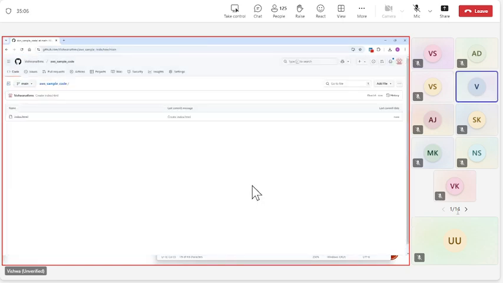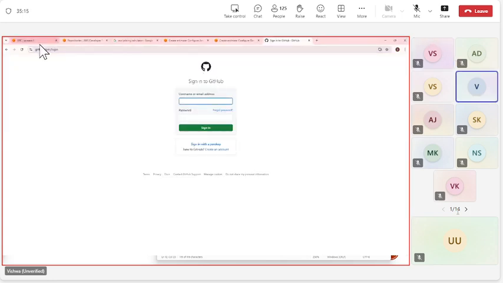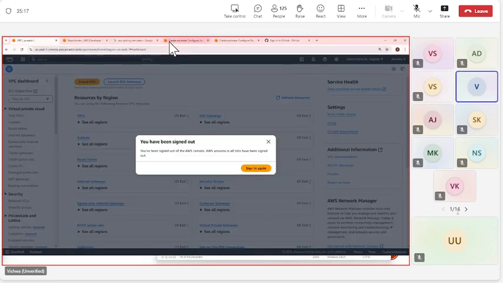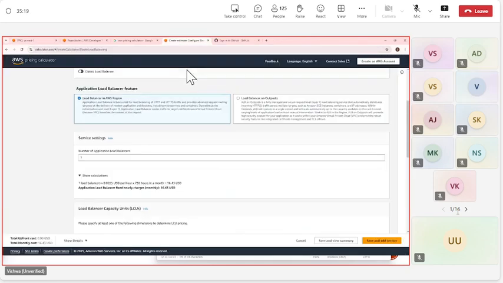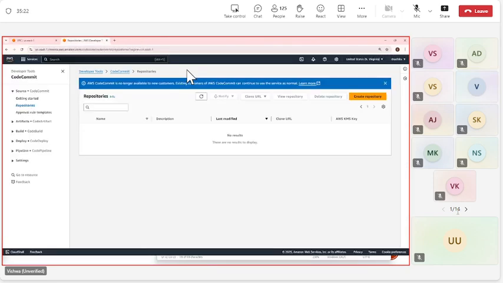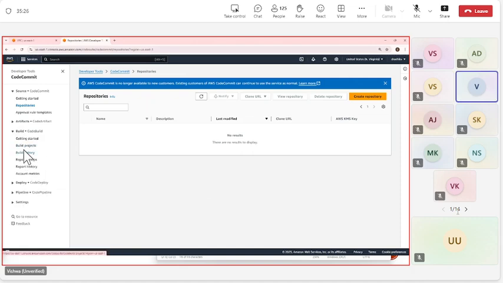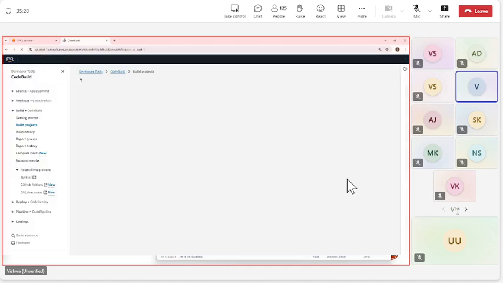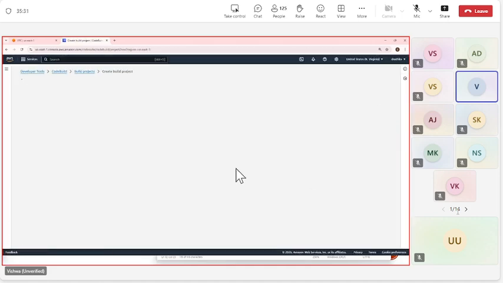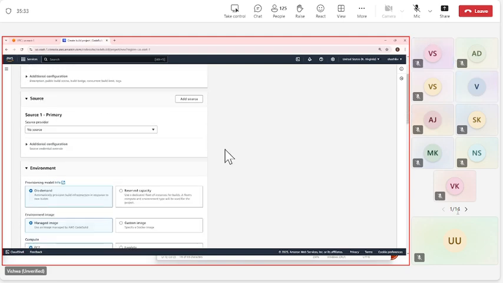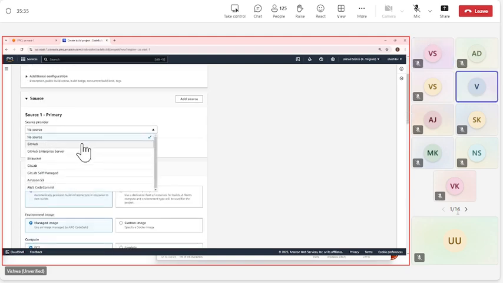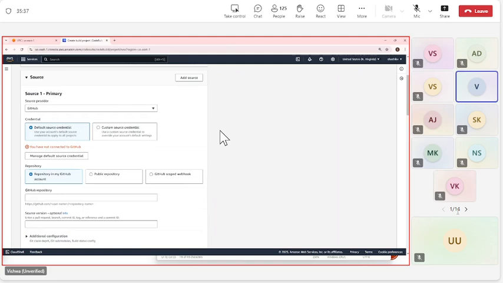Now, before I can attach it to the AWS pipeline, before I can attach it here and build a project, I can create a project here. And you see the source, I can always say GitHub, right?